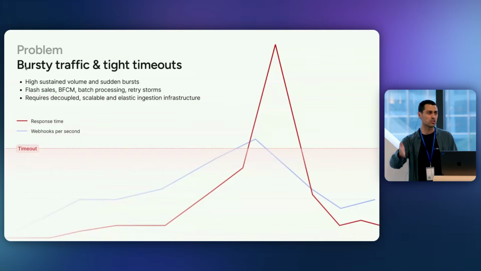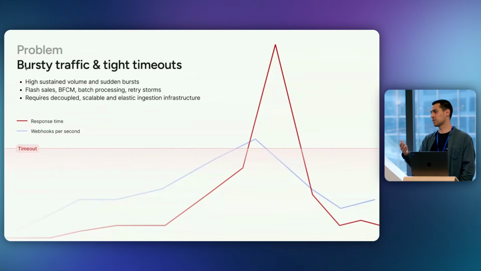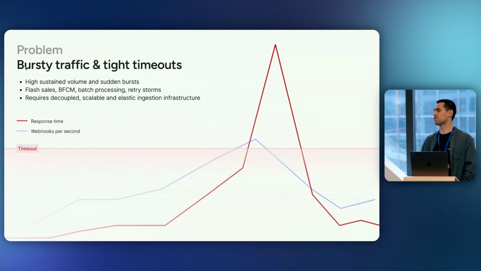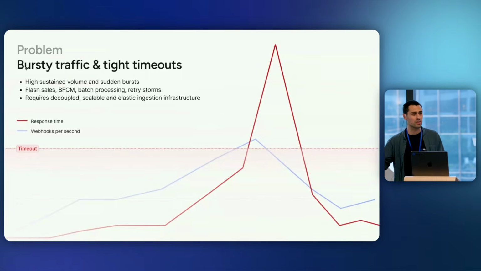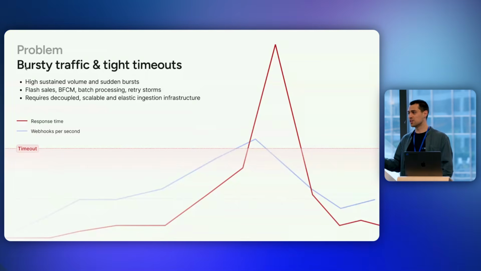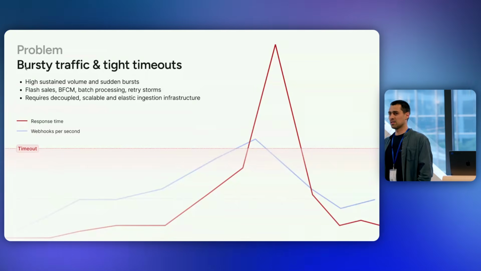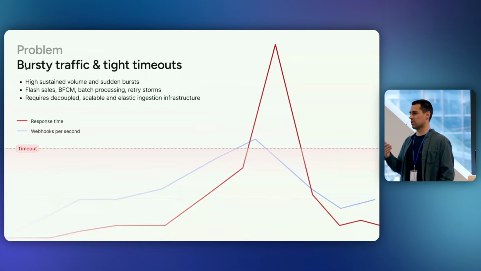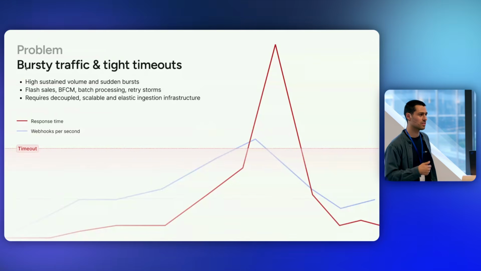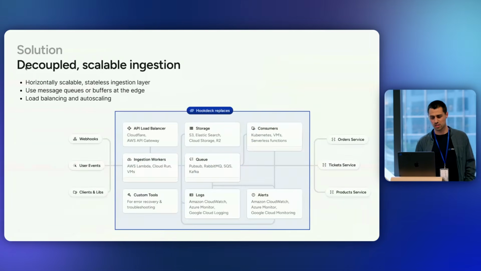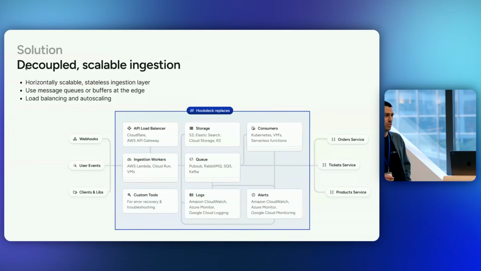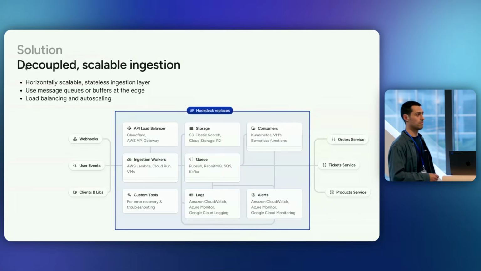And then the backoff on the retries will build up. And then at some point, you're going to end up with events that are going to be retried in 6 hours, right? Which now becomes a data freshness issue. And so the point is, you need to be able to deal with those spikes. And in our experience, there's virtually no system with hard constraints on its scalability that will be able to not time out. And so you need to build the system in such a way, like I'm getting at in the solution, where it's completely decoupled from any of the processing that you do, so that it can scale to any of the volume that you get, right?